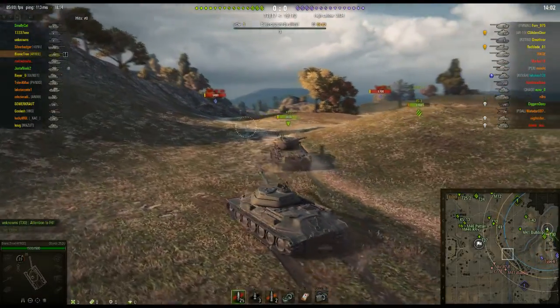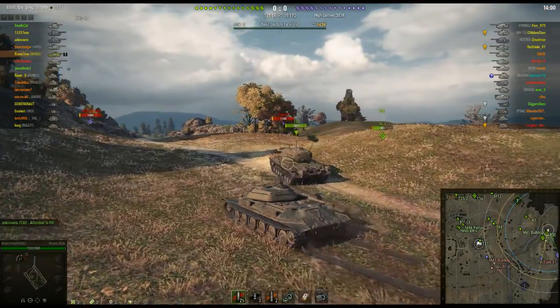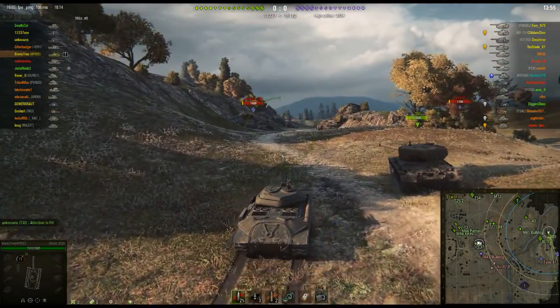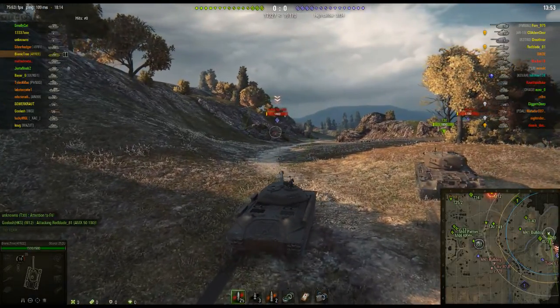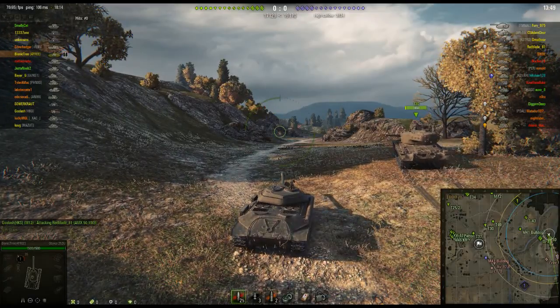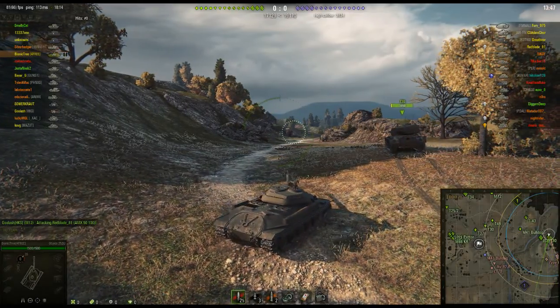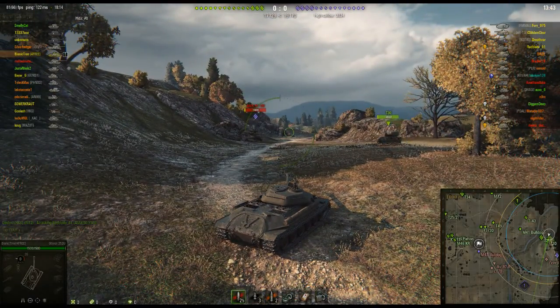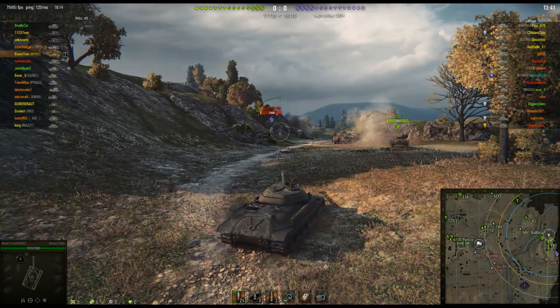So Type 61 gets spotted, immediately puts a shot into the IS-3. The IS-3 takes another hit from, I believe, the AMX 5100. And that poor guy isn't going to be lasting much longer, if I remember correctly. So I move up into this position right here. This is kind of the spot that you would want to be finding in your low...